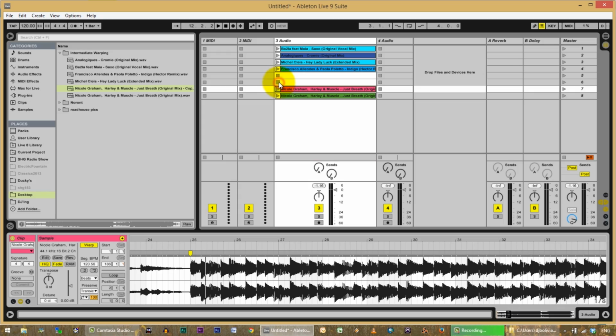Okay, so basically that's the process. Pretty straightforward stuff. Obviously these ones were a little bit trickier than the stuff that I used in my original Warping Ableton video, but at least it shows you that it's not hard to deal with minor headaches like that. Just go into the file, partway into it, find a beat that you know is the downbeat of a bar, move it to the beginning of a bar, go back, delete any warp markers before that point, so your audio stretches or compresses to where it should be, and then look at an even bar number near the beginning of the song and see if you can line that one up, and then just warp through the whole thing normally as expected.